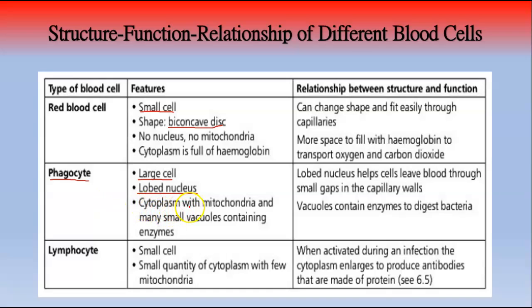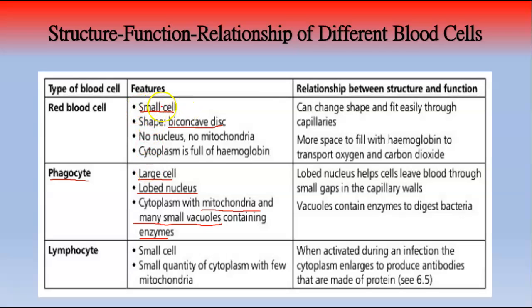Phagocytes, the cytoplasm, okay, they do have mitochondria in the cytoplasm, and they have many small vacuoles containing enzymes. Remember, the red blood cells have no mitochondria and they have no nucleus. The phagocyte, on the other hand, does have a nucleus, although it is lobed. Okay, they do have mitochondria. So if you are asked to differentiate between red blood cells and phagocytes, then you know that's a key